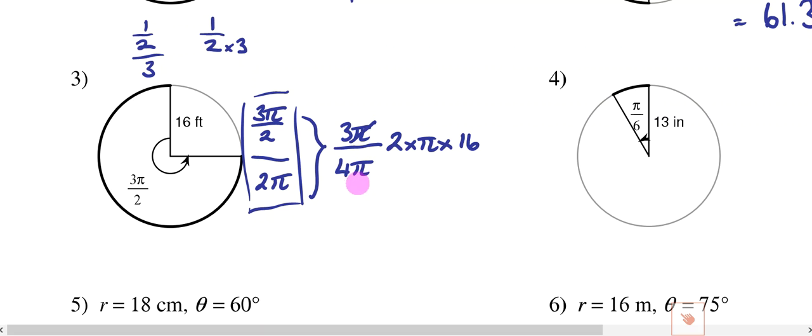Now those pi's cancel each other out. So we're left with 3 times 2 times 16 over 4. Well, actually, we can start doing some other cancelling. The 4 with the 16 makes a 4. So now I've only got 3 times 2 times pi times 4, which is